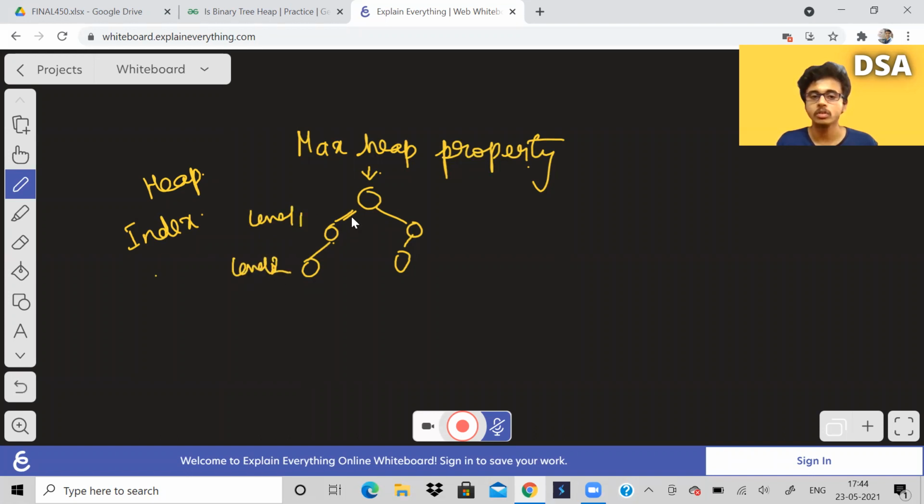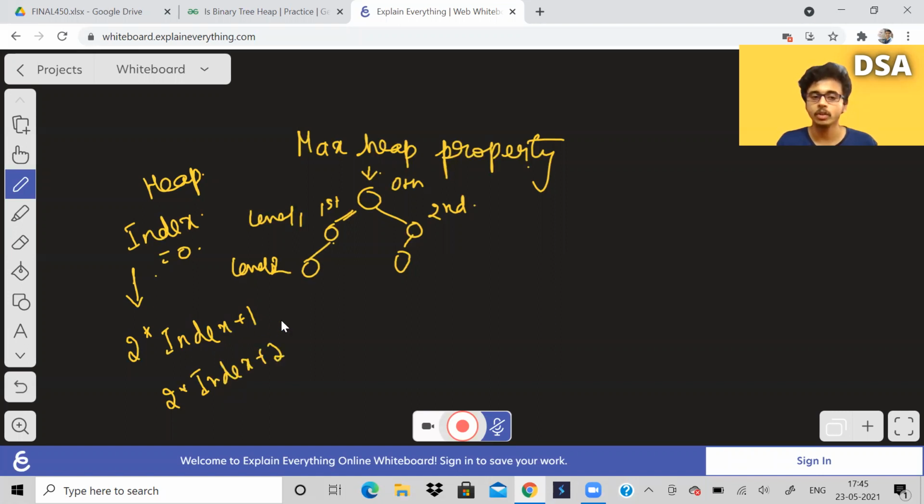So when we go to level 1, if this was the 0th node, this will be the first node and this will be the second node. Correct? So if index is initially equal to 0 at the 0th level, at the first level index values will be 2 into index plus 1 and 2 into index plus 2.